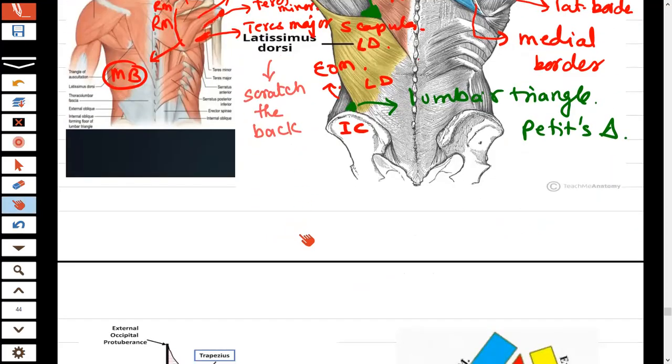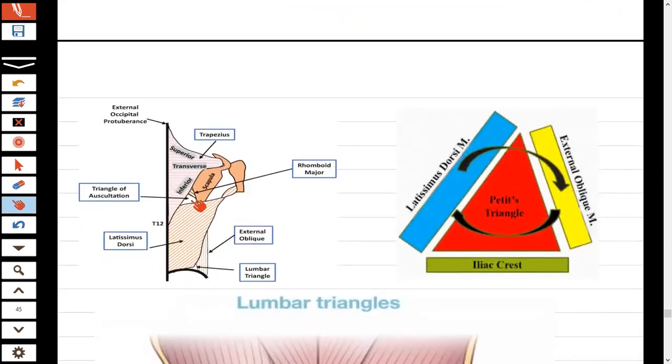So see this diagram now. See, this is the triangle of auscultation: the trapezius muscle, the latissimus dorsi muscle, and the border of the scapula. Which border? That is your medial border. So it is forming here what? Triangle of auscultation. Okay. And then see here this triangle, which is formed by the iliac crest, the external